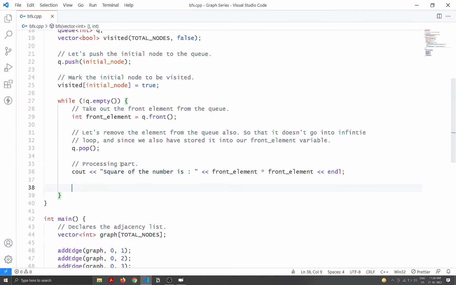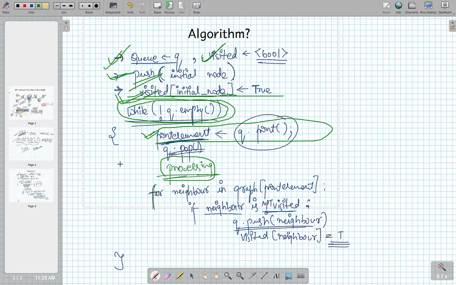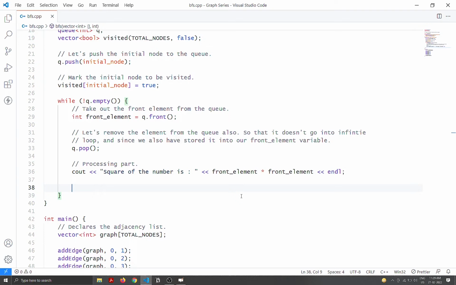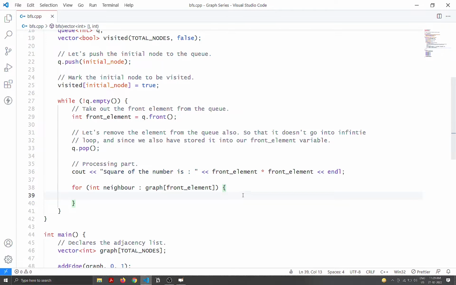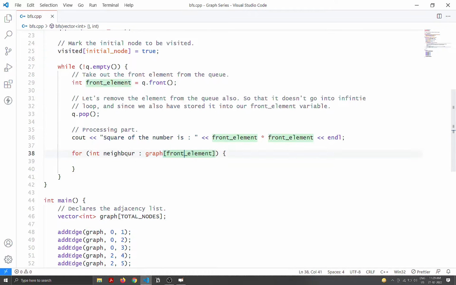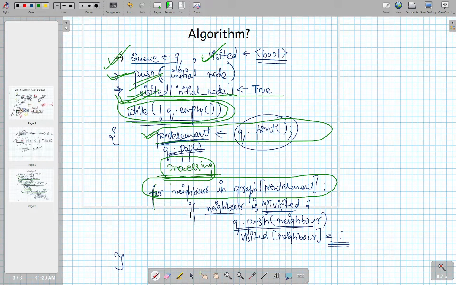Okay, I have just taken a simple example of finding a square. Now what we need to do is query all the neighbors of that front element. So I'll say for int neighbor in graph of front element. This is a for-each kind of loop that I'm using. For each neighbor in graph of front element, we need to check